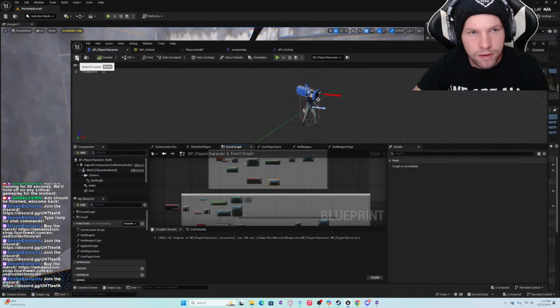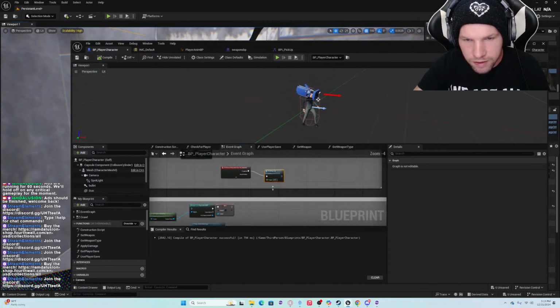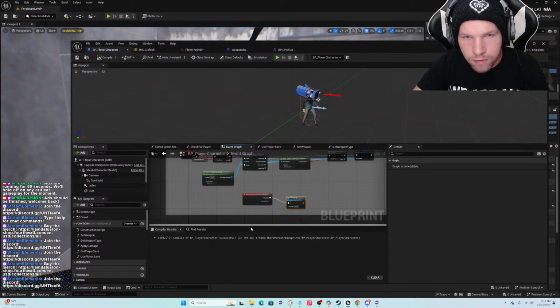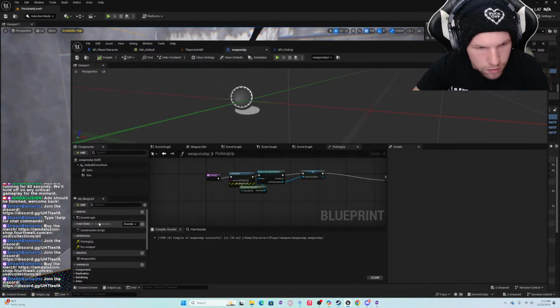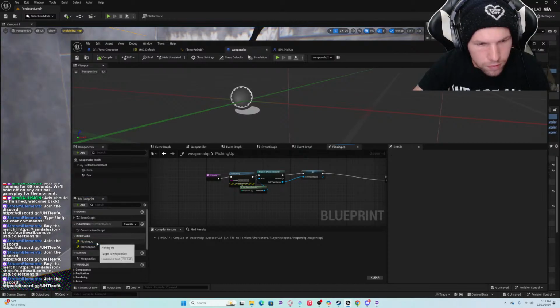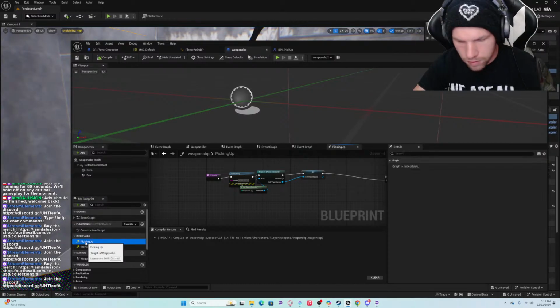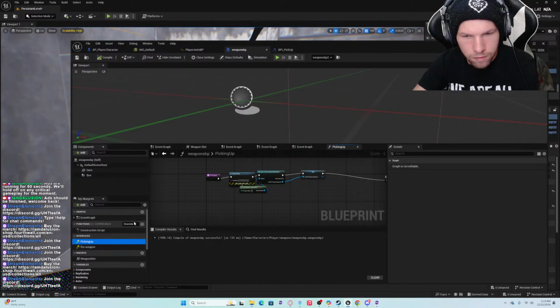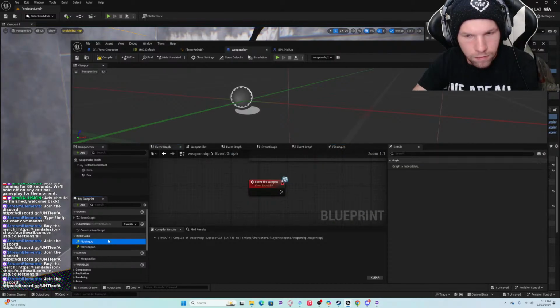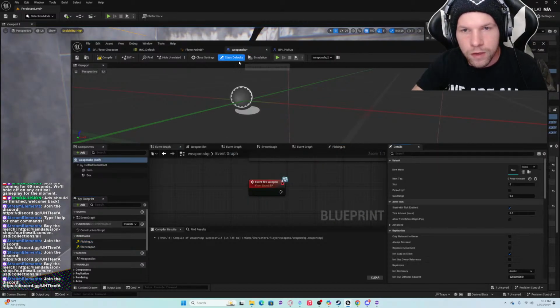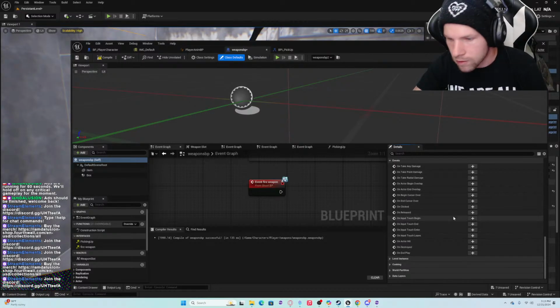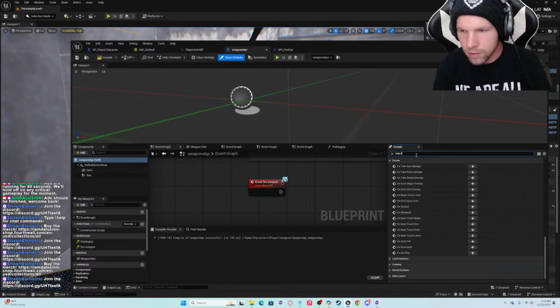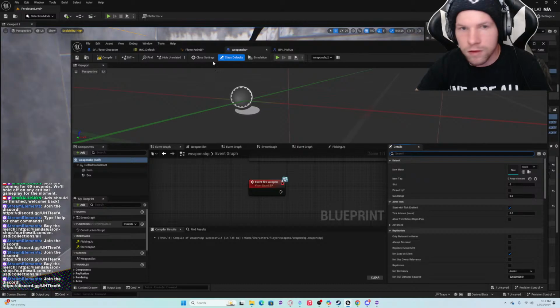Shit. So how do we fix it? Weapons. Do I just refresh interface? No, class settings.